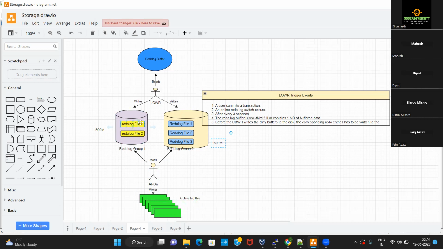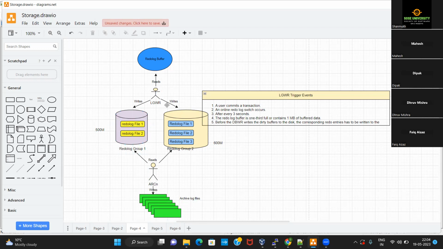If all those redo entries have been copied from this group onto the archive log files, the LGWR after that can definitely overwrite those redo entries. You understand that now? If the contents present in these two files have been copied onto another set of files, that means these can now be overwritten, correct?